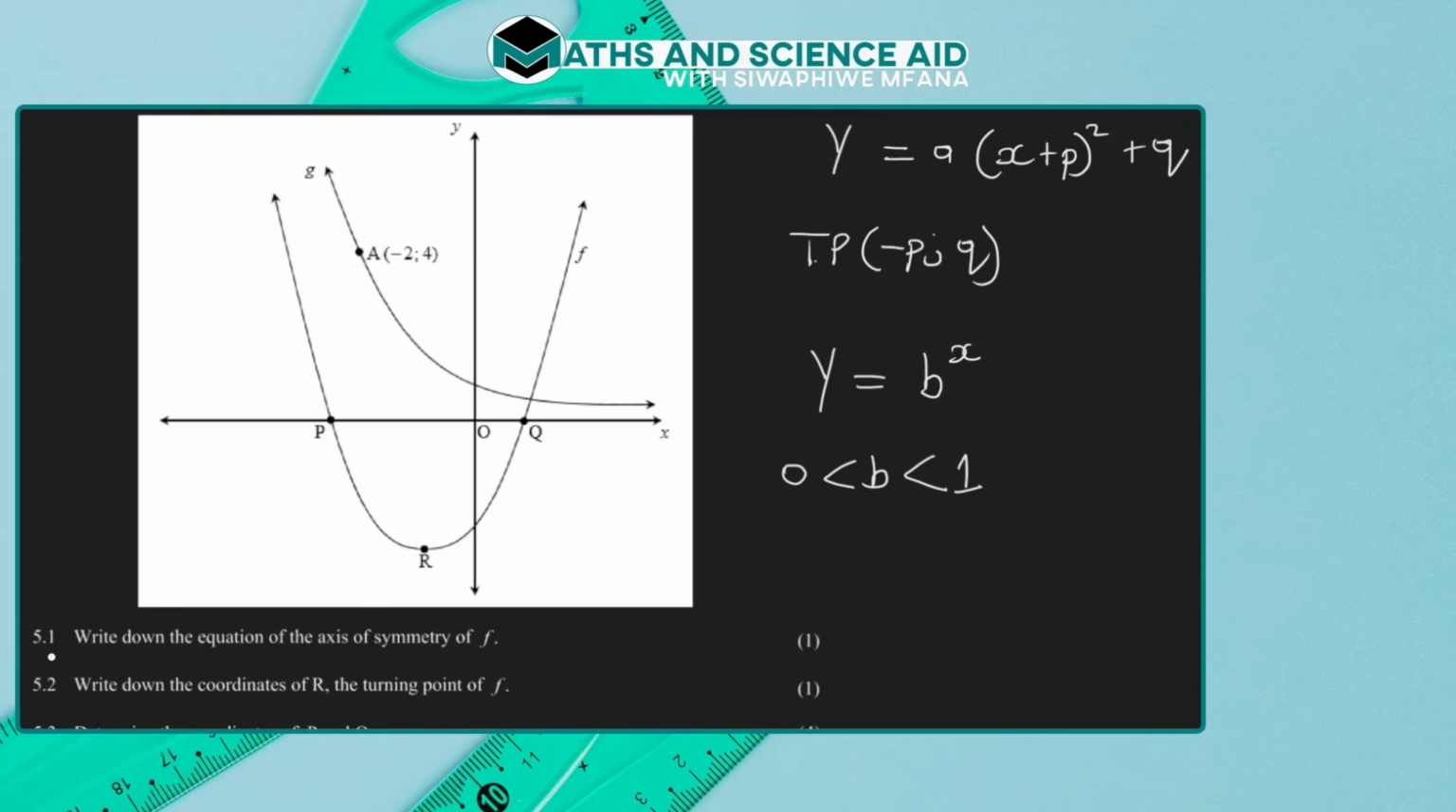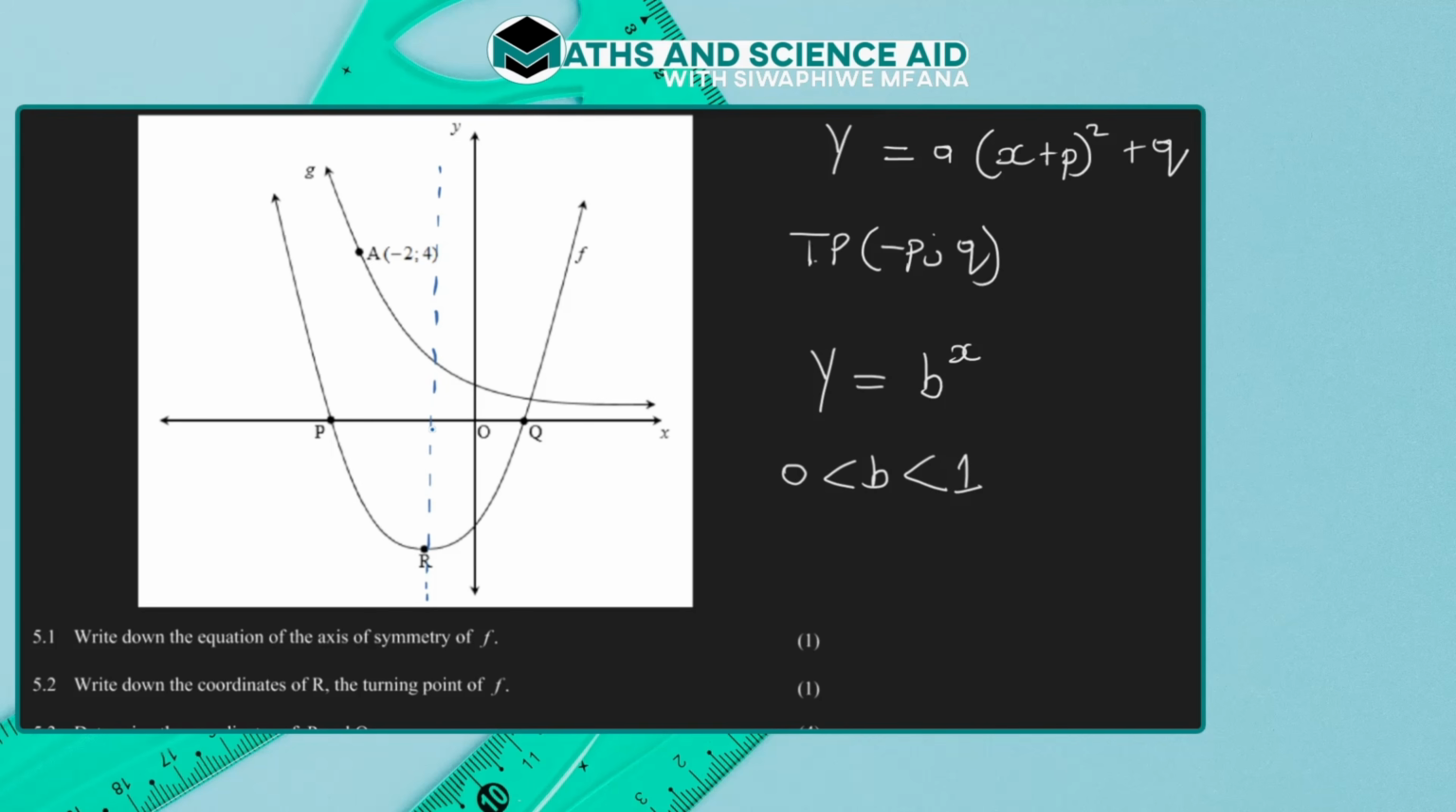So 5.1 says, write down the equation of the axis of symmetry of f. So here, you must remember that a quadratic function has got an axis of symmetry. And this is simply a vertical line which cuts the quadratic function into two mirror images. And so this line is always a line